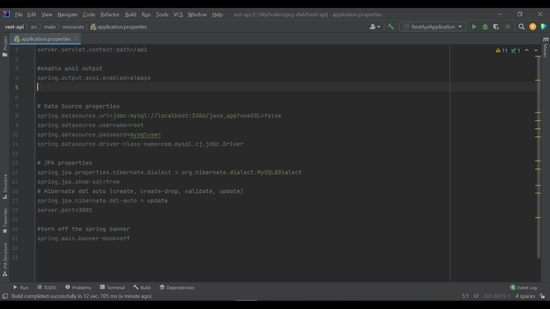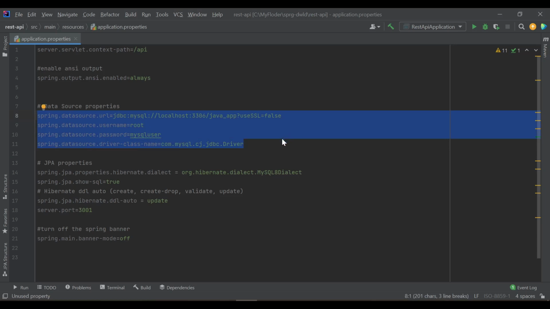So here is the Spring datasource for MySQL, the URL. The first part is your MySQL, where the database is. In my case, it is on my localhost, which is here, right? And this is the database name. On localhost, we are not going to use SSL, that's why it's false. You need to define the MySQL username and password and the driver. These are the essential things.